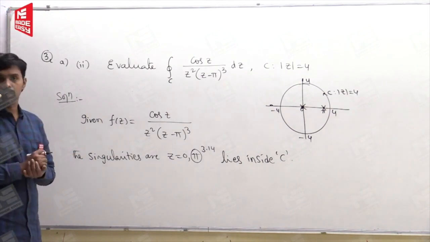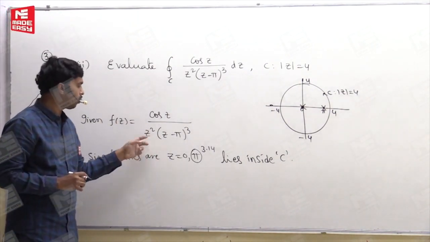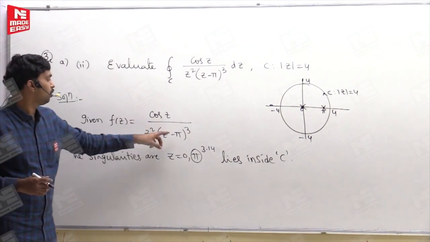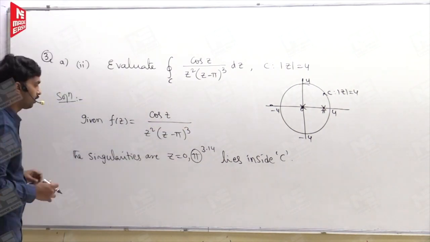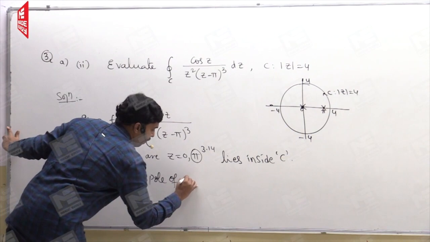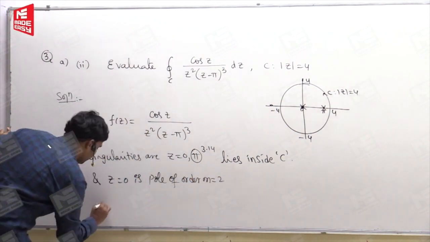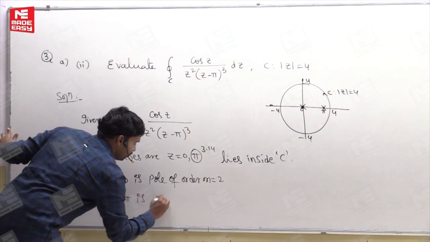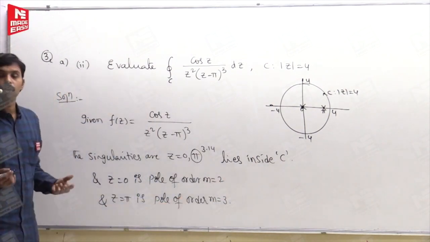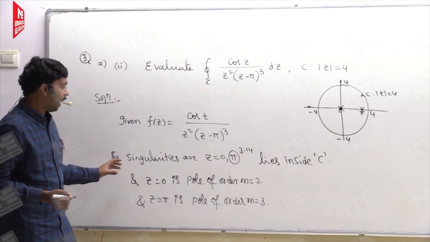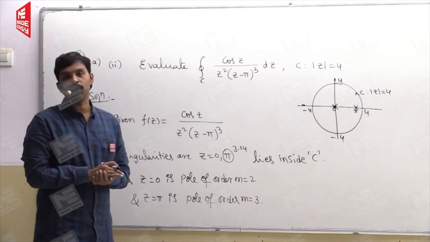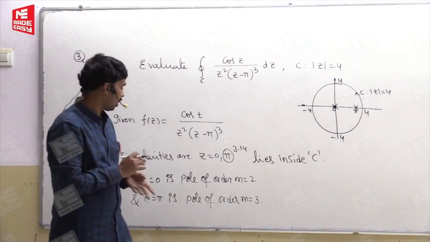And what type of singularities are they according to this function? These singularities are poles of order: z is equal to 0 is a pole of order 2, and z is equal to pi is a pole of order m is equal to 3 here inside C. Now, as more than one pole is inside the contour,